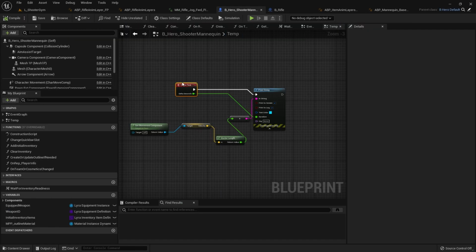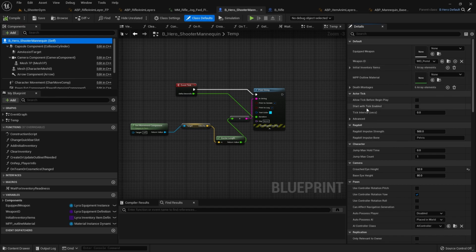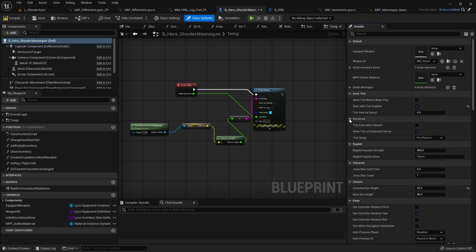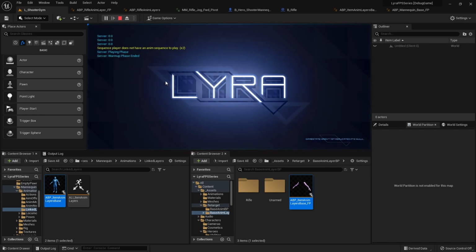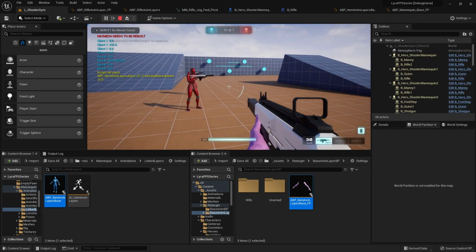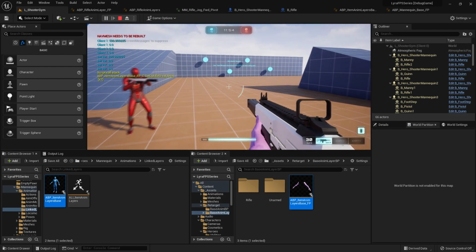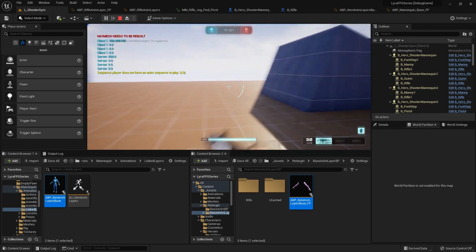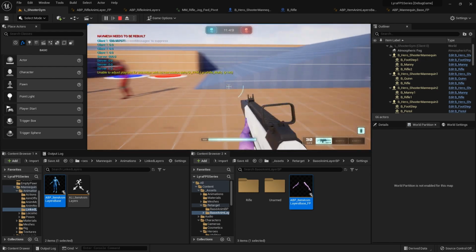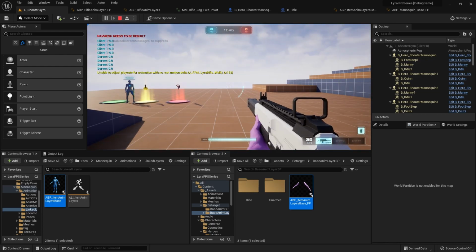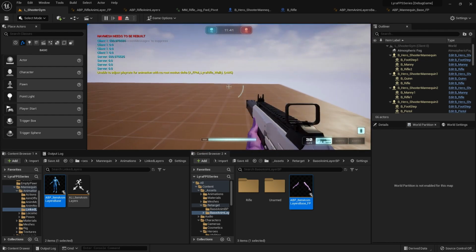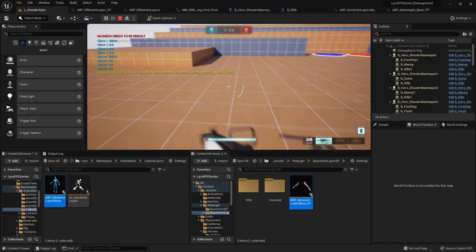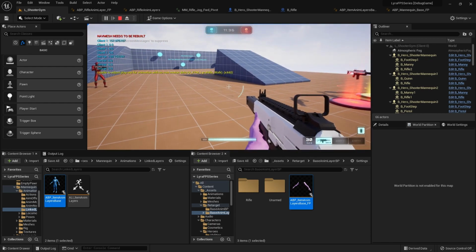Right now I don't have the player ticking, so I need to set that up real quick. So allow or start with tick enabled, and that should let me tick there. Now we're ticking. So my velocity is 599. But when I turn like this, it's weirding out. So let me see. If I just walk straight, does it glitch out? It doesn't. But if I do anything like this, it glitches out. And I think it's because I'm slightly going over